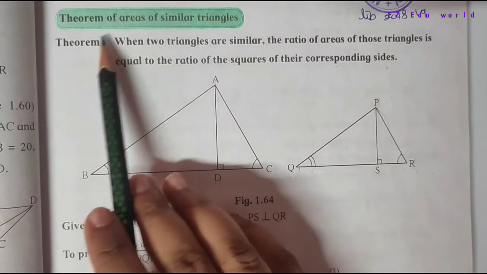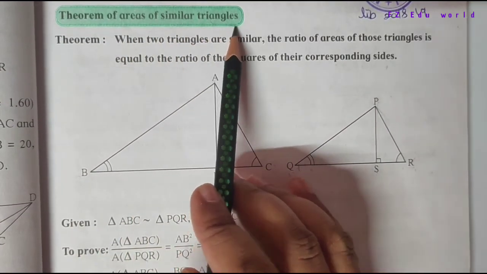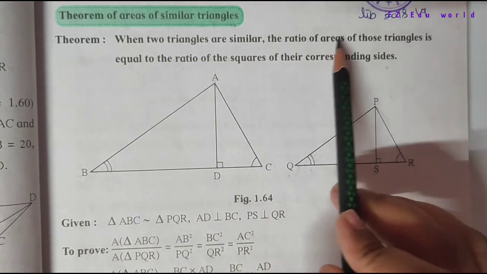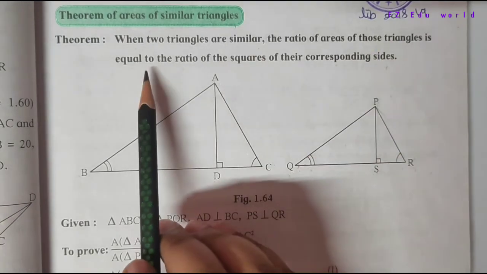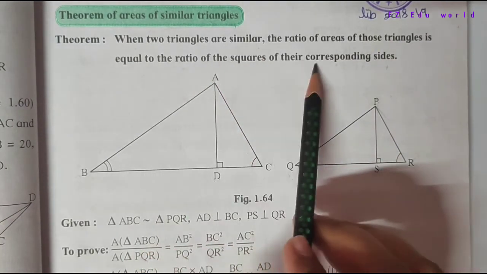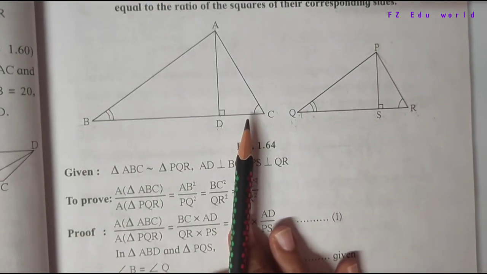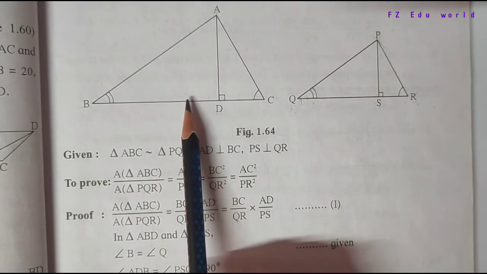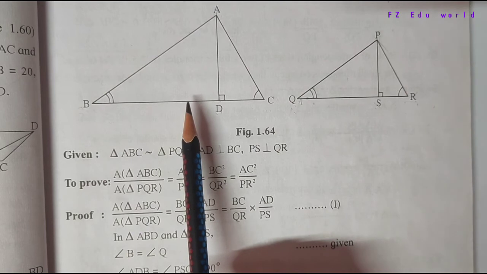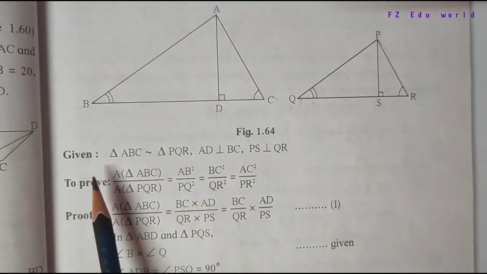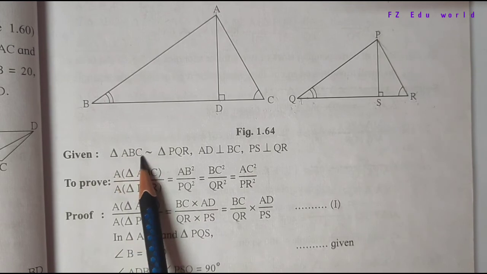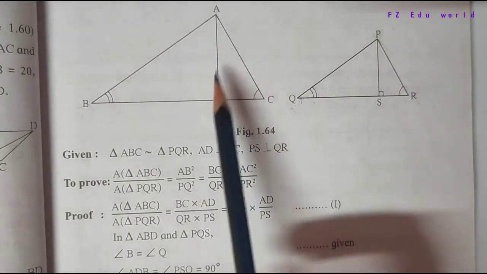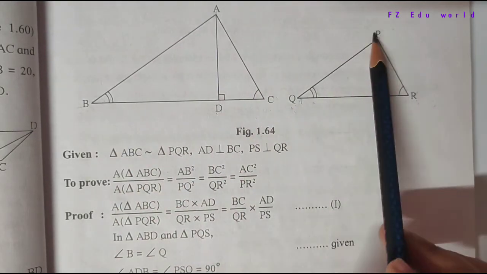Our next theorem is the theorem of areas of similar triangles, which states that when two triangles are similar, the ratio of areas of those triangles is equal to the ratio of squares of their corresponding sides. It states that if two triangles are similar, then their ratio of areas will be equal to the ratio of sides squared. Given triangle ABC similar to triangle PQR, and AD perpendicular to BC, PS